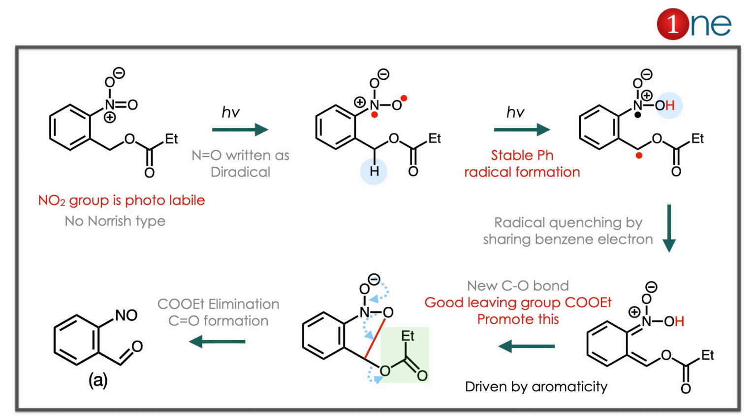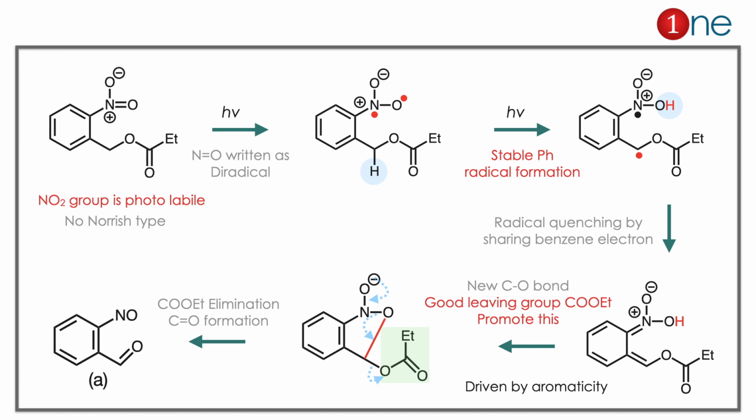The NO2 group is photolabile. So if you think of a Norrish type reaction, it is wrong because NO2 is so much more photolabile. So if you use light, what really happens is NO2 gains its radical form and the radical is formed there. So the radical forms, it has to be quenched in some way. Again the phenyl radical is formed for the quenching, the new radical is formed. So the radical tries to quench itself by forming the double bond by taking out the benzene electron. So the double bond is formed, still the quaternary salt is there.